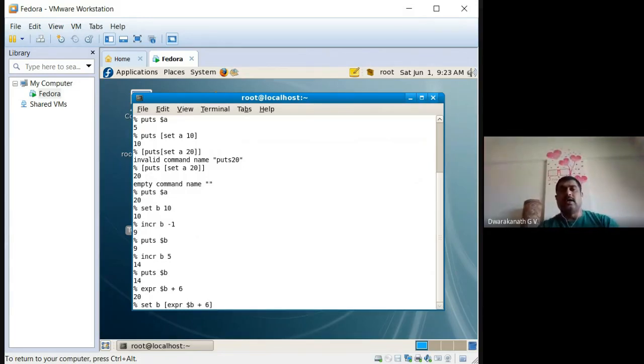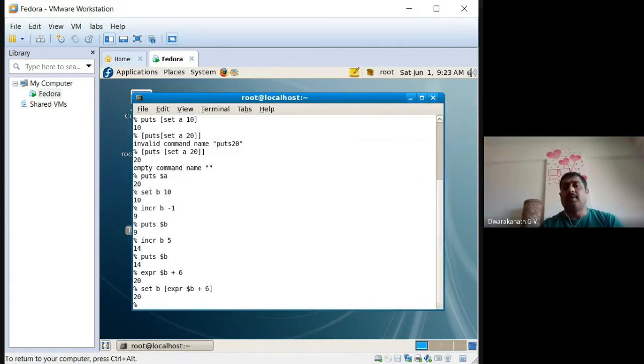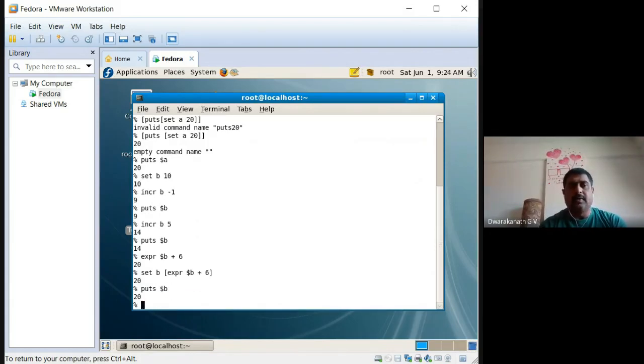Now B value will become 20. Now put $B. Observe carefully, now B value is 20. Like this, you can use expressions within square brackets, first evaluate, and then set that to the values.